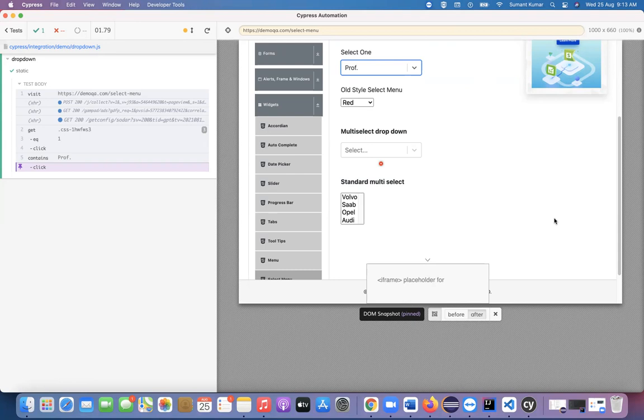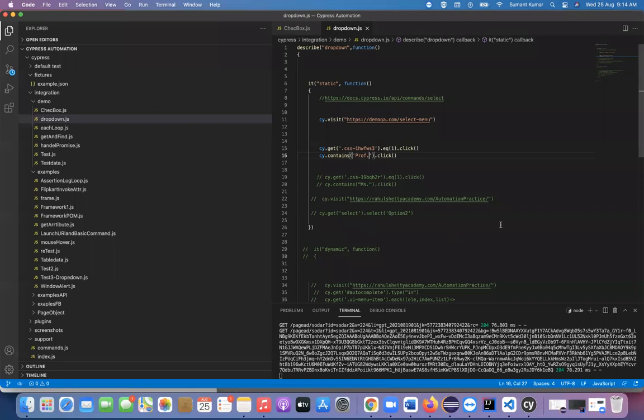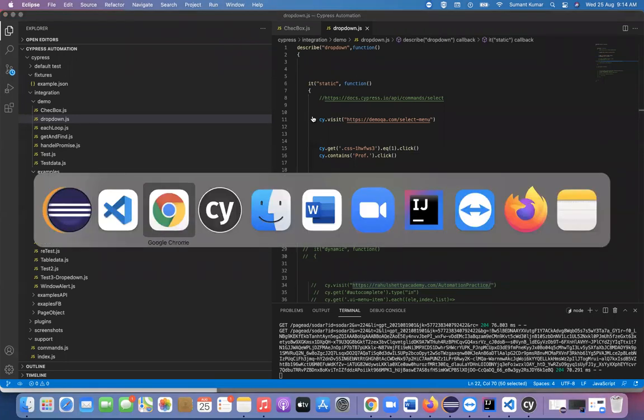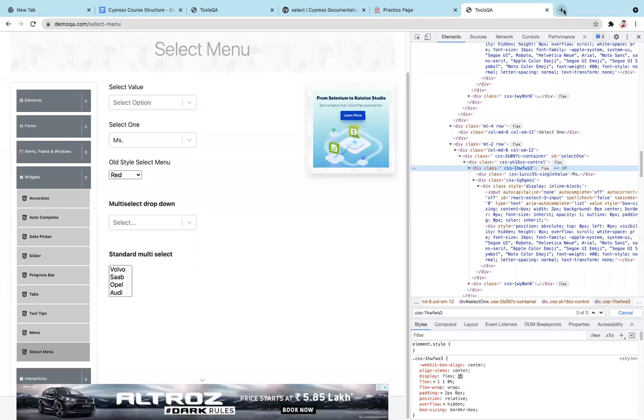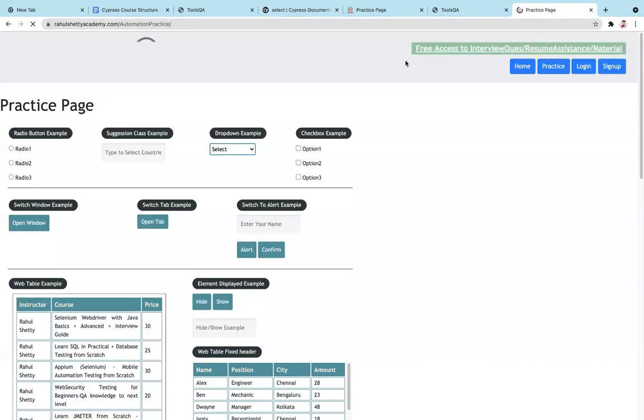So if you want to handle that, I will go with the same particular URL we have here. They have written some good HTML, but the same concept you can utilize anywhere if you are getting the same kind of dynamic value. So what does it mean? I will tell you. If you go here, you can see this drop down value will change. So this is a dynamic thing.